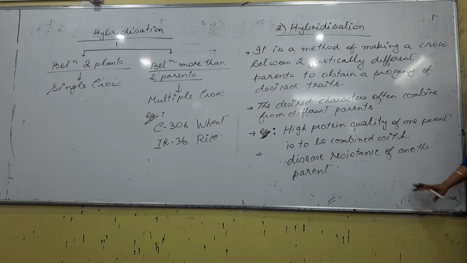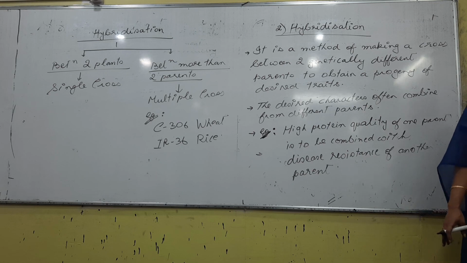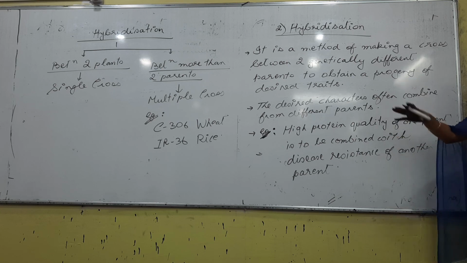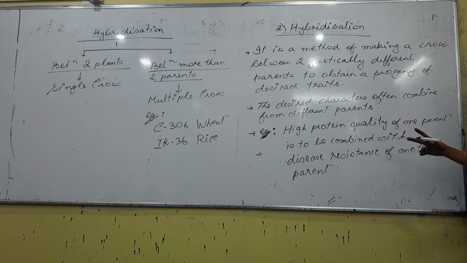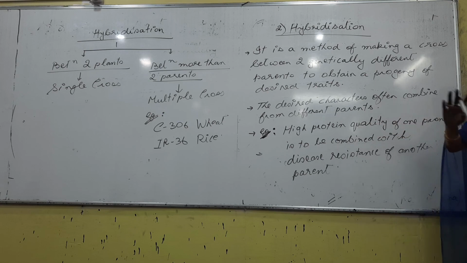As far as the hybridization process is concerned, either you can go for a single cross or you can go for a multiple cross. What is the difference between single cross and multiple cross? If you do the experiment between two plants only, that is what is called a single cross. But if you cross two plants, and then cross the offspring with another plant, and then cross its offspring with yet another plant, that is what is called a multiple cross, right? The more you keep on multiplying, the more qualities would be added to the recombinant. Understood? So either we can go for a single cross or a multiple cross in the process of hybridization. As far as the examples are concerned, they are not important from the examination point of view.